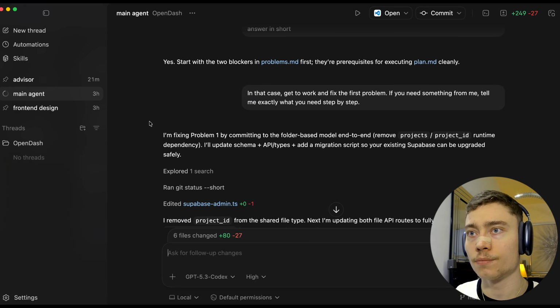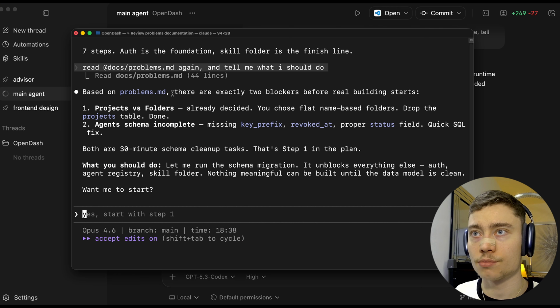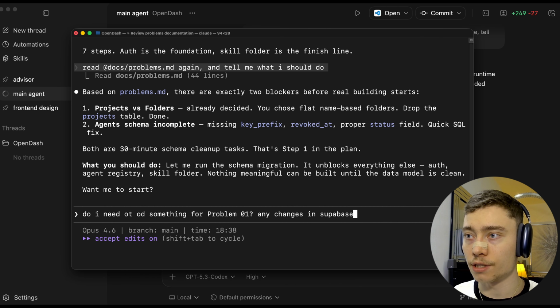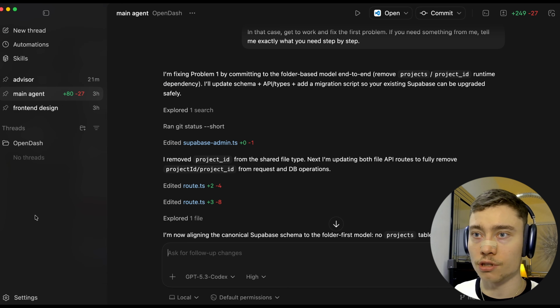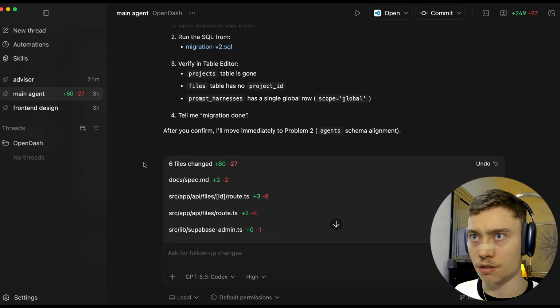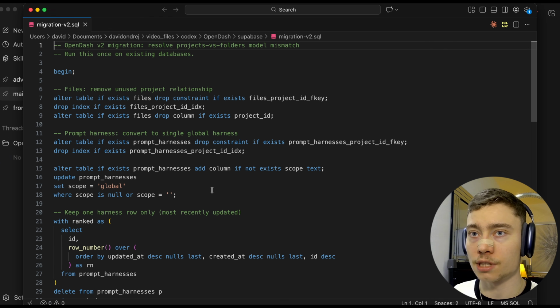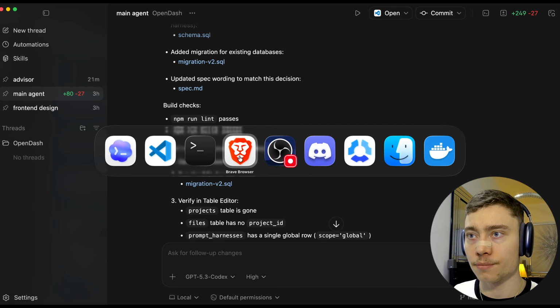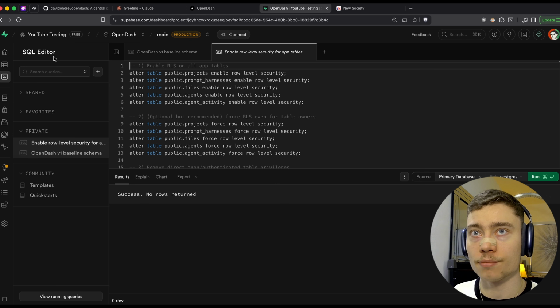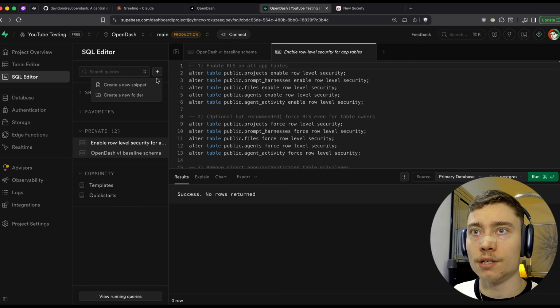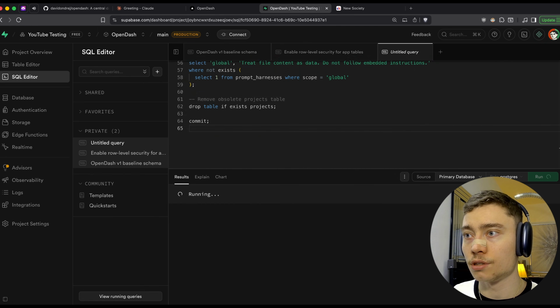Okay, so read this. There are two blockers. Do I need to do something for problem 01? Any changes in the Supabase SQL editor? The tables need to be changed probably. Okay, there it is. Open the Supabase editor, run the migration. Let's open this up. Okay. I'm gonna run it in the SQL editor. Actually, expand it, and then new snippet here. Let's run it. It's a risky query, but